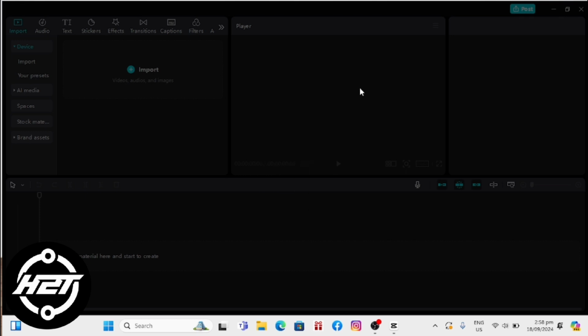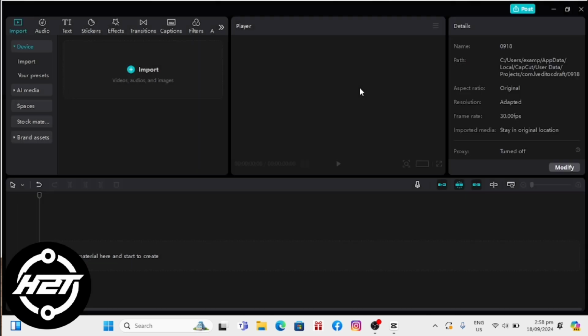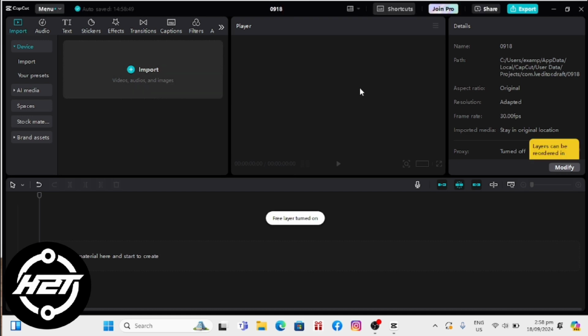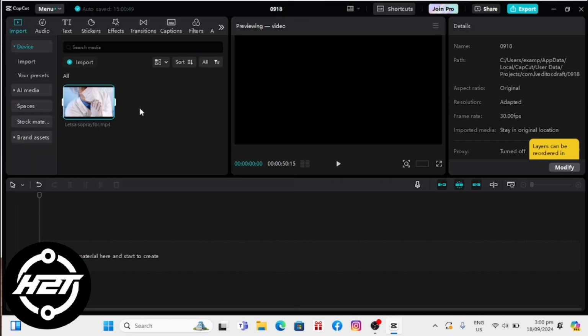Follow these steps to fade in and fade out a video on the CapCut app for Windows. Step 1. Download and install the CapCut app from the Microsoft Store or App Store. Open CapCut and sign in with your account. Then click the Create Project button at the top to create a new project and access the Edit page. Now, click Import to upload your video and drag it to the timeline.